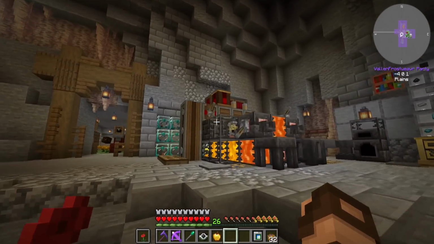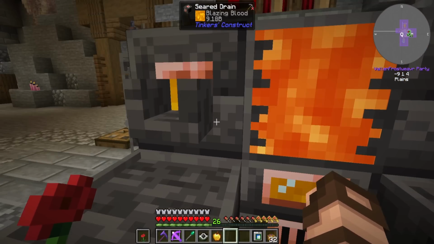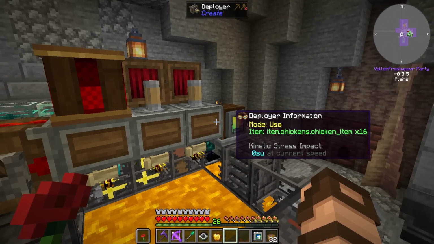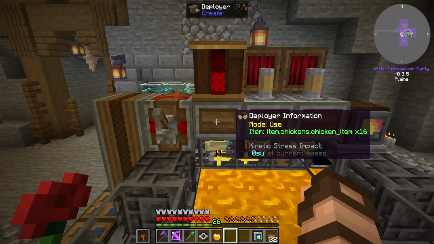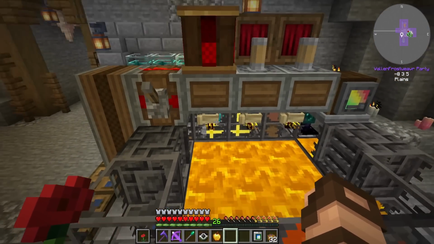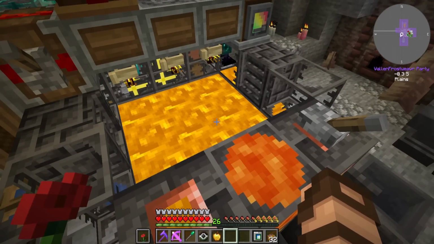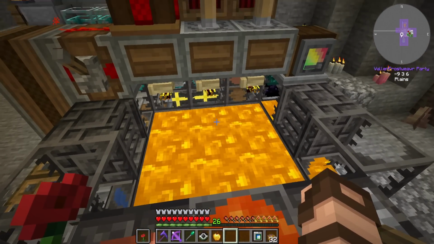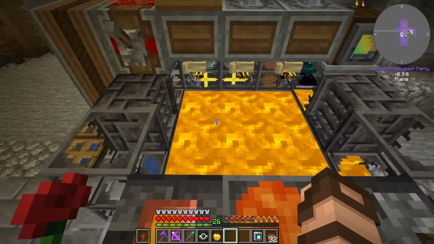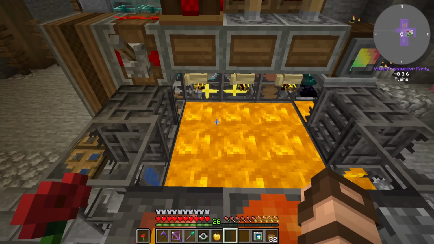I also updated my Blazing Blood spawner setup a little bit. Instead of just having one, I opted to have 3, because having just one all the time and only placing it when it was ready, it was burning up more fuel than it was making. So I ended up running out of Blazing Blood at one point because of that. So I had to set it up so that it would only do it when I had a good quantity